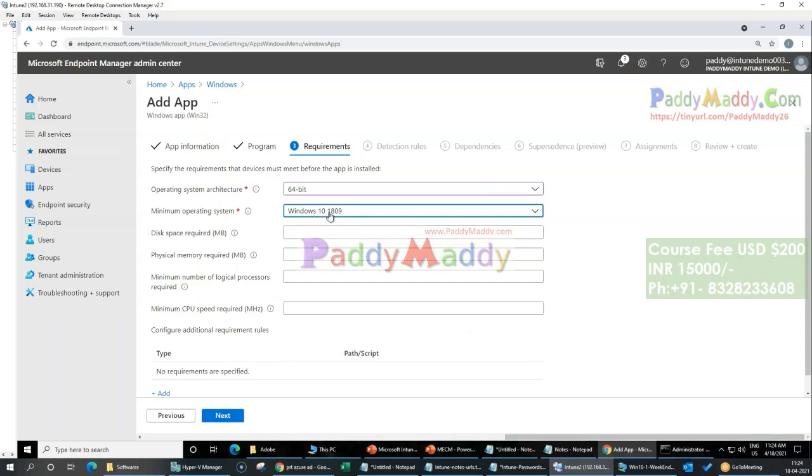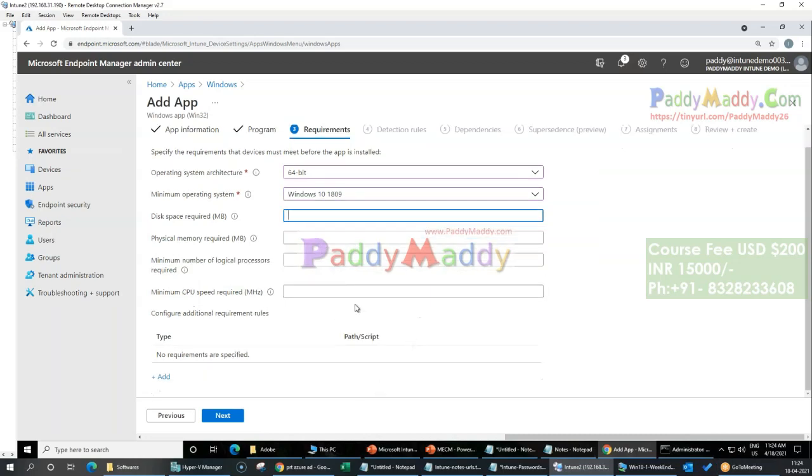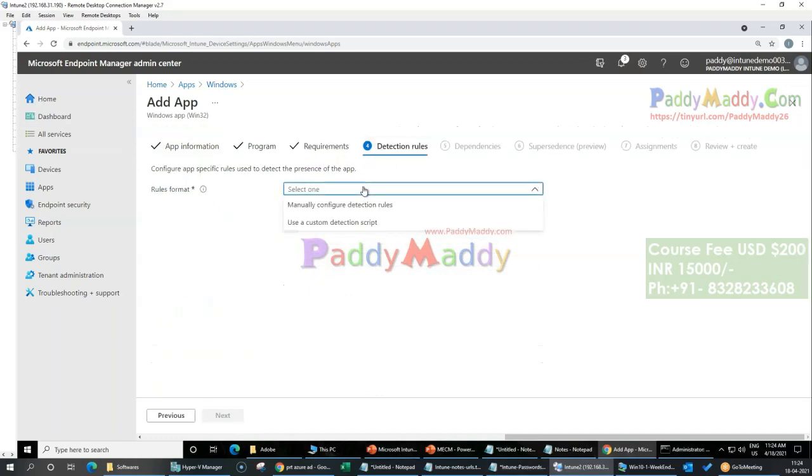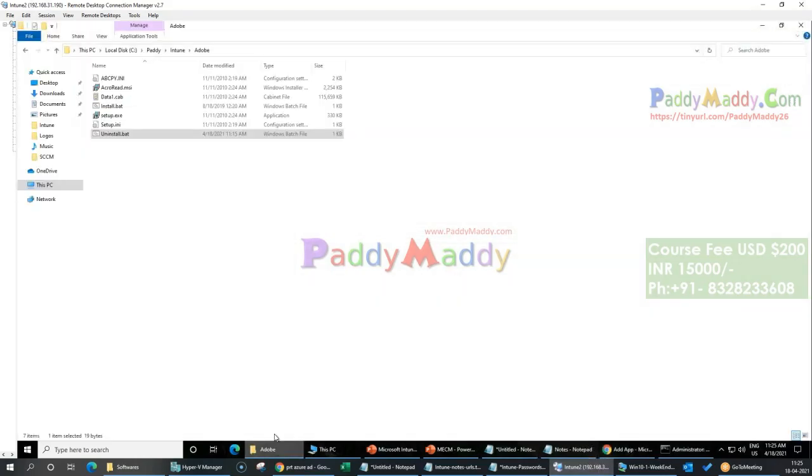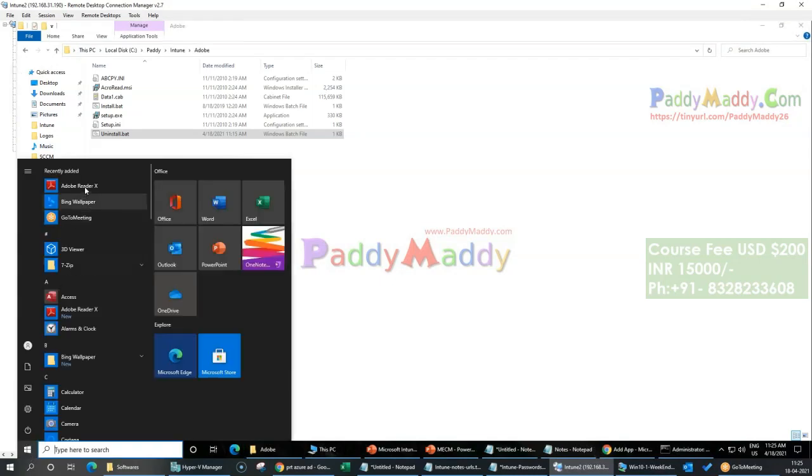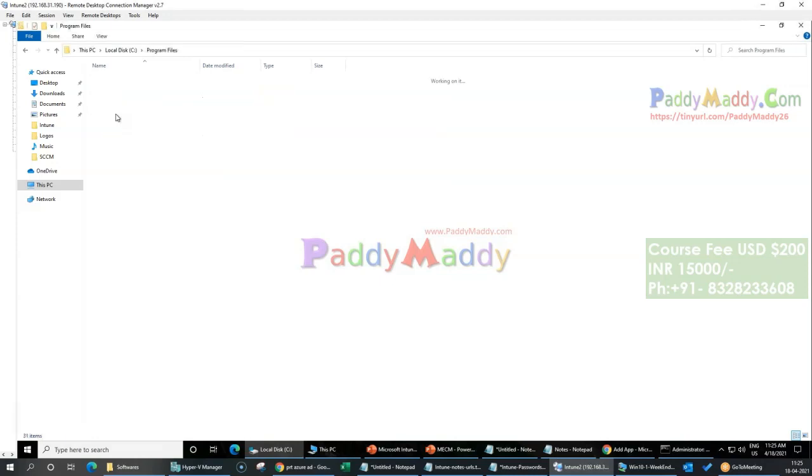So I just wanted to show that. Disk space, all of that stuff you can, and if you have any of the custom scripts given by your packaging team, you can add that. And detection rules, you can configure here manual detection or custom detection with a script. I don't have any script to detect, so manually, meaning here if Adobe gets installed on my machine, it actually comes in